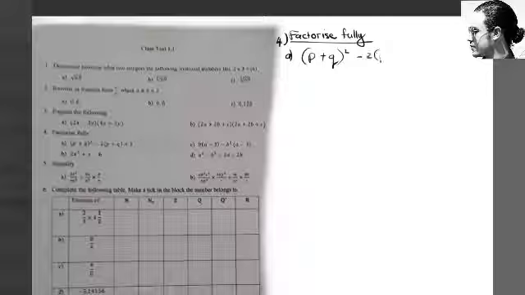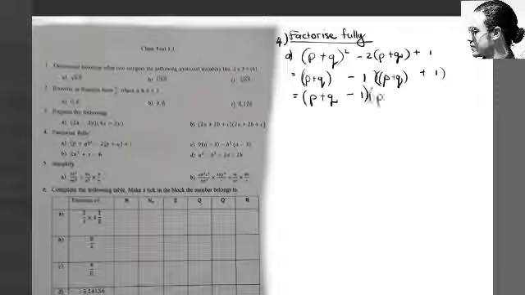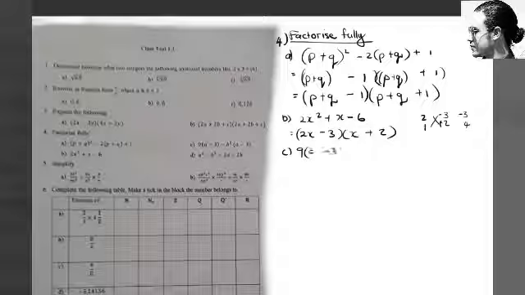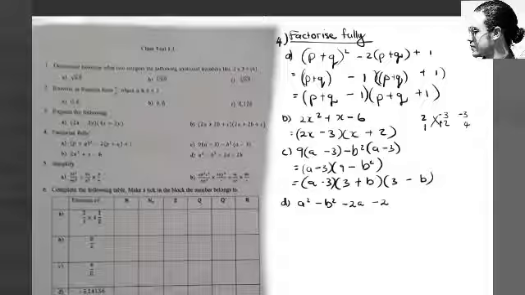Question number 4a, they ask you to factorize fully. We have p squared minus p squared between brackets, p plus squared between brackets minus 2p squared. That is a trinomial that we are factorizing. At number B of class test 1.1, we also have a trinomial, and then our factors of 2 and 6, getting us 1 in the middle, is